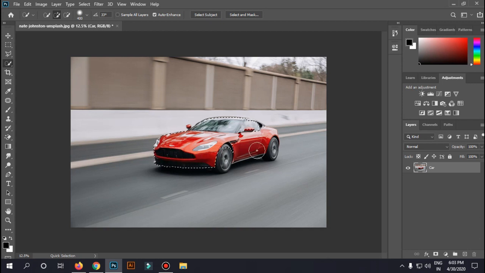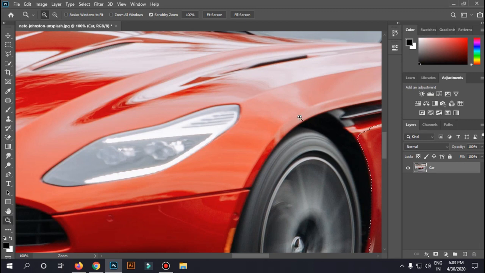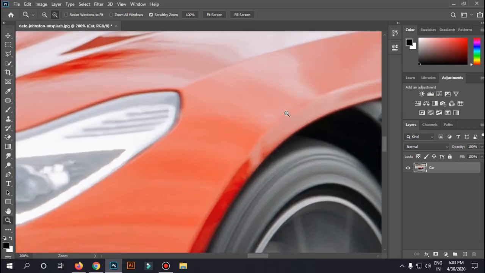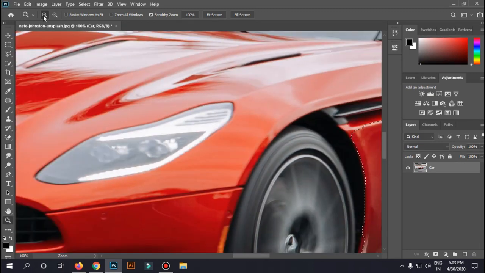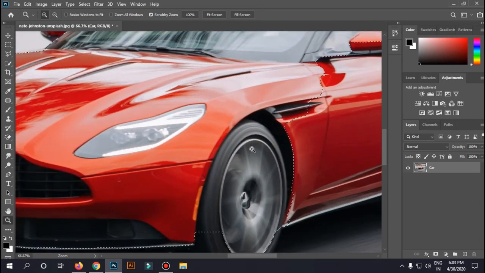Wait, just press Alt and scroll the mouse wheel to zoom in, or even use the magnifying tool here. See, with Alt it changes to minus, or even you can play with it here, above right corner.